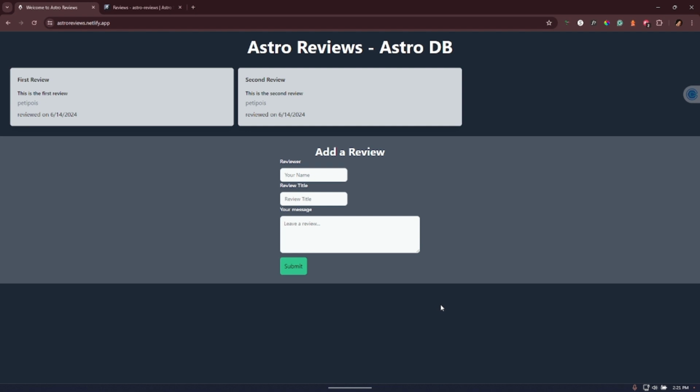Okay, so Astro came out with Astro DB. It's been a few months now, and what we're going to do is make this simple reviews component. And this is actually live on